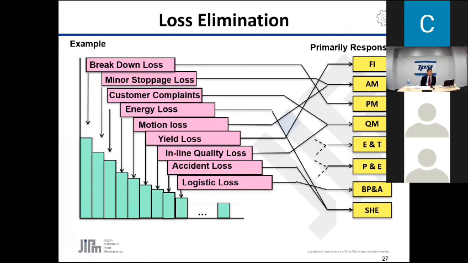And for minor stoppage loss, this is autonomous maintenance, because operators know very well the situation, the equipment, the machine, how often the equipment stops work. For customer complaints, as I explained, the quality maintenance team should take initiative. So this example shows, but with the collaboration with these pillars,